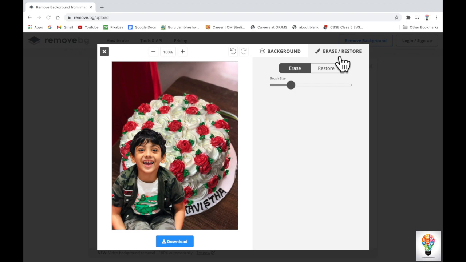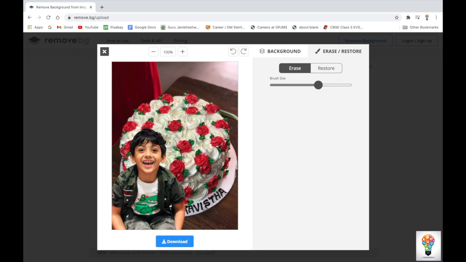Next, the other thing is we can also restore whatever we want, and we can erase if the picture is not very precise. See, I will show you. I have taken the eraser and this is the brush size of the eraser. Bigger, smaller, however you want. So I am keeping it like this and I have removed this. Okay, so this is how I can use the eraser to remove unwanted things from the background of the picture. Also I can restore it. So here I have restored it as well.